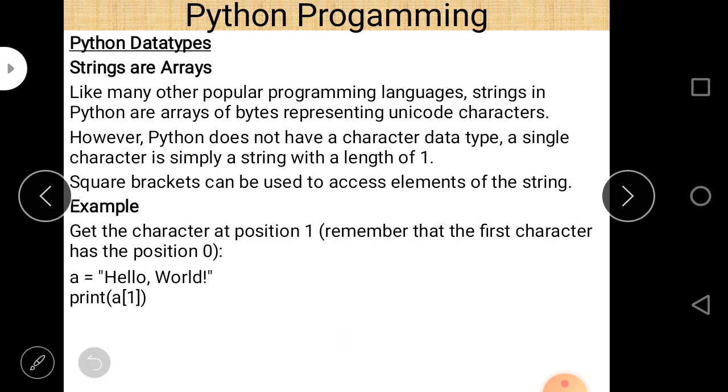Next is strings are arrays. Like many other popular programming languages, strings in Python are arrays of bytes representing Unicode characters. However, Python does not have any character data type. A single character is simply a string with a length of 1. Square brackets can be used to access elements of the string. So let's start.